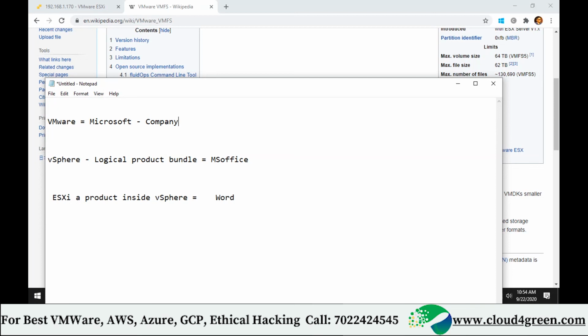What is the difference between partition table and file system? Next question. How does RAID work?